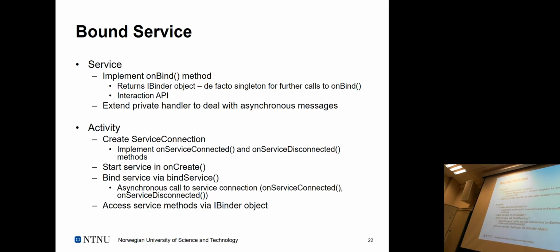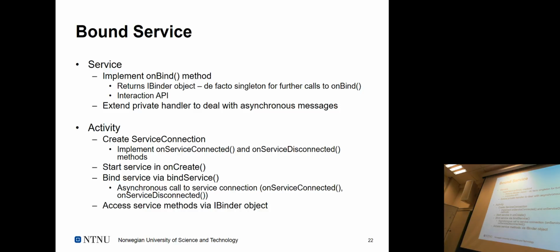So how does the bound or bounded service work? Well, generally you need to deal with the onBind method. If you implement the service, you will get that method anyway. Usually you return null and don't worry about it any further. But if you want to completely implement it, you will need to return an IBinder object, which is basically a singleton that references the instance of the bound service, right? So you have direct interaction with the service, and you need to, of course, also provide a private handler that deals with asynchronously incoming messages as well, just to emphasize the simplicity of this approach.